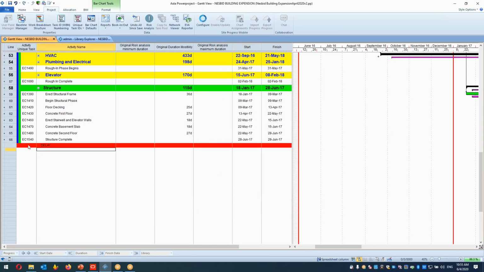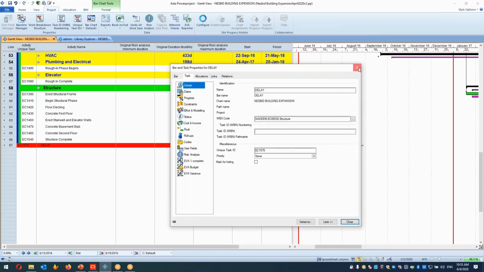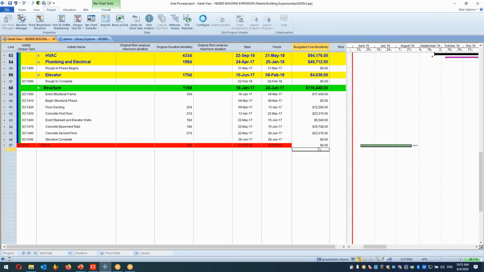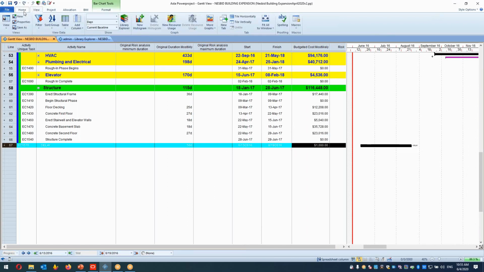So this is the delay activity, and let's call it 50 days. I am opening the model calculations for the budget here, and I am mentioning that this is $1,000. My delay activity is $1,000, and I open the cost